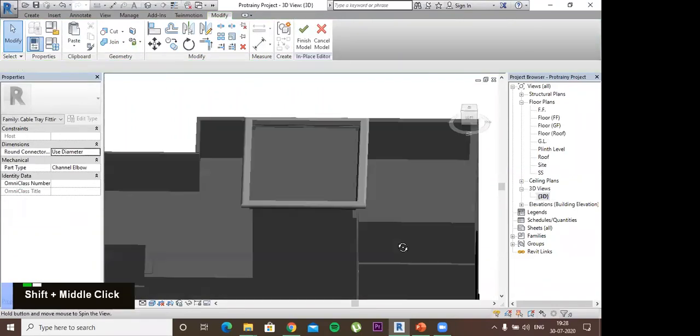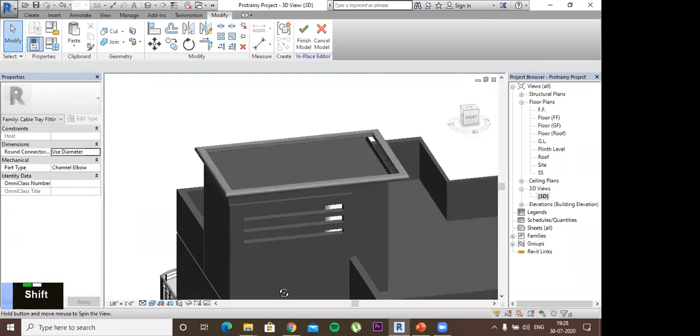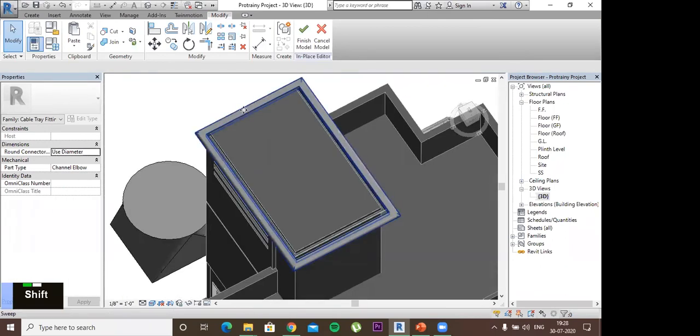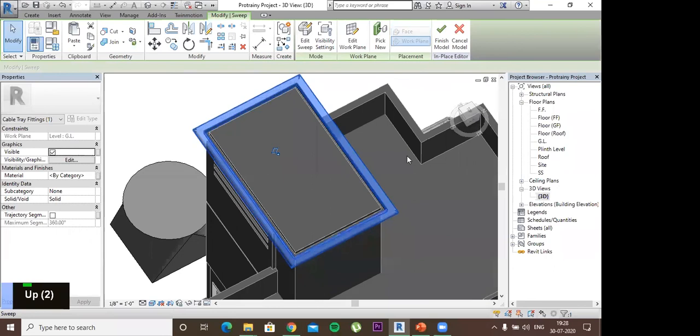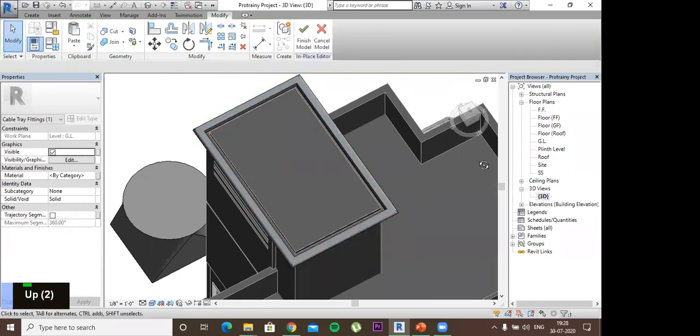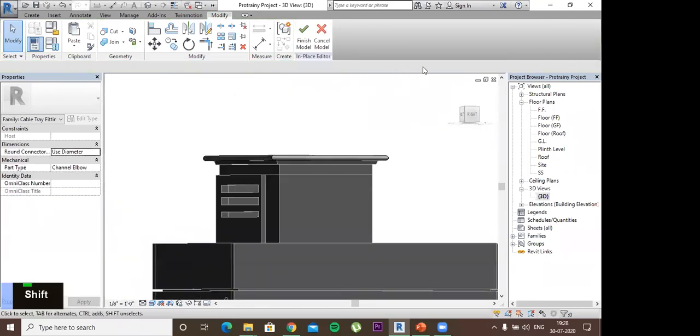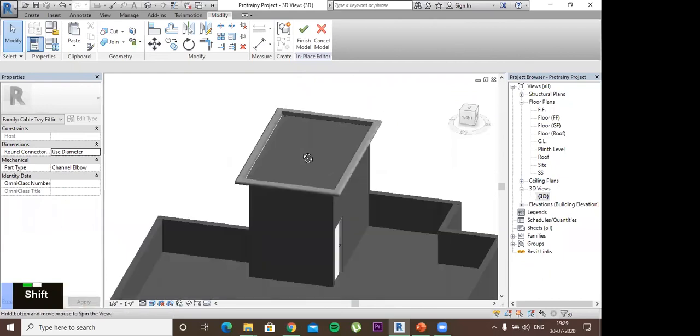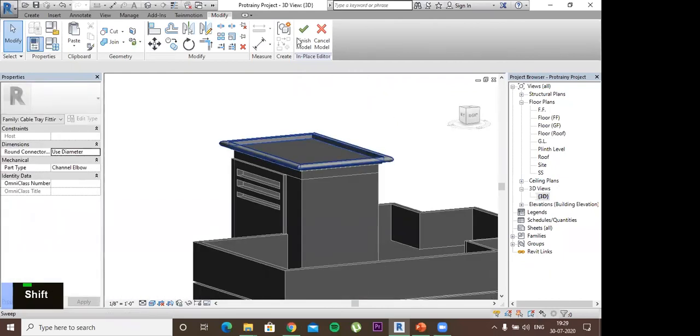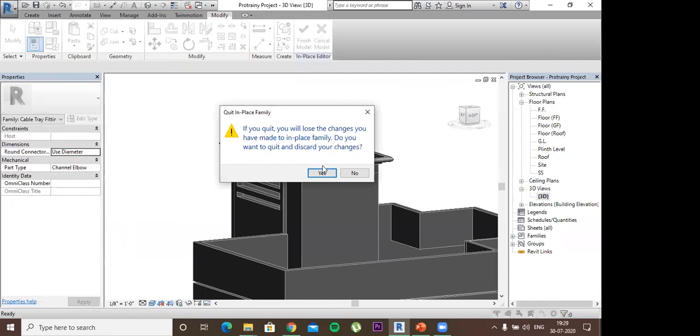And that's it. This is how we make a sweep. You can adjust it in this direction since it is moving outwards. And this is how you make a sweep. I showed you how to make an extrusion, a sweep, and a revolve, and how to use these commands. Okay. So just cancel this model.